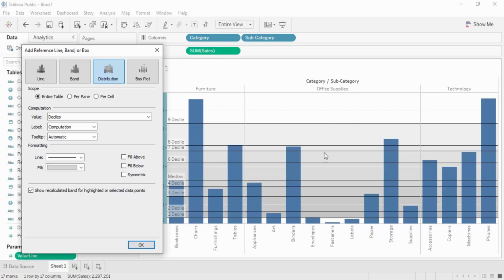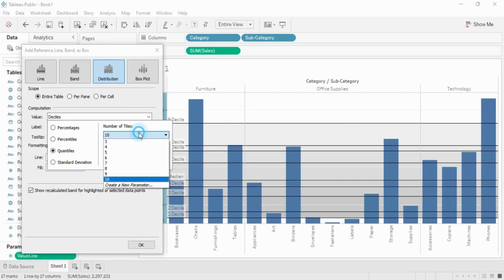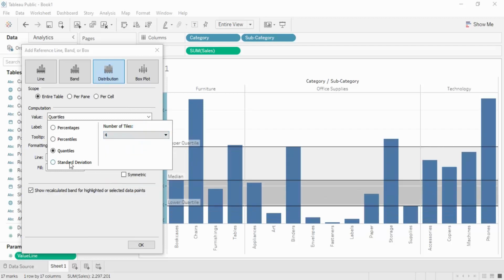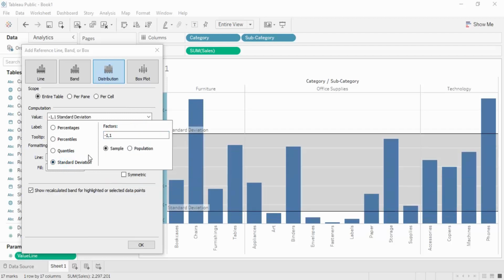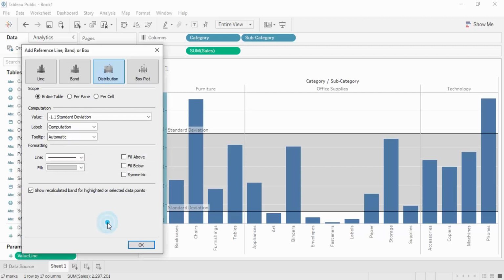So this is how things look. This is how the distribution is created. That is why we call it distribution points. Last but not least, we have standard deviation. It tells you about the deviation of the data, that is, what the distribution points in the data are. On the basis of these different distribution points, we can select them and use them. Like right now we are getting -1 to 1. That means all the distributions we are getting.